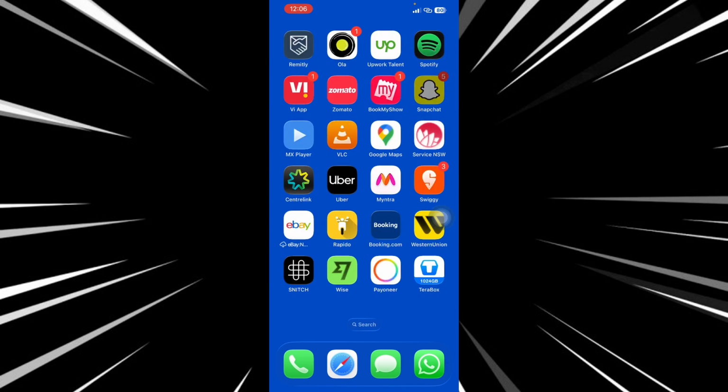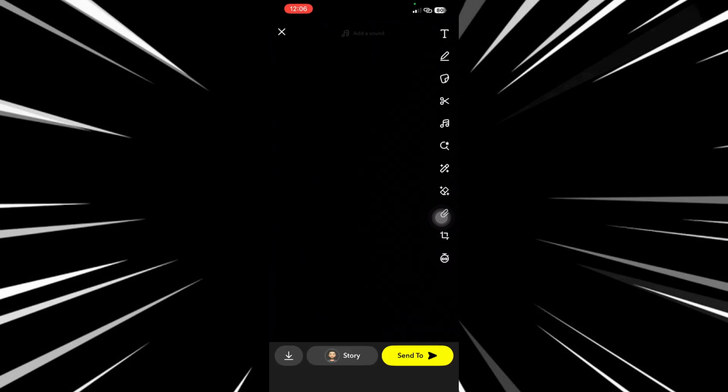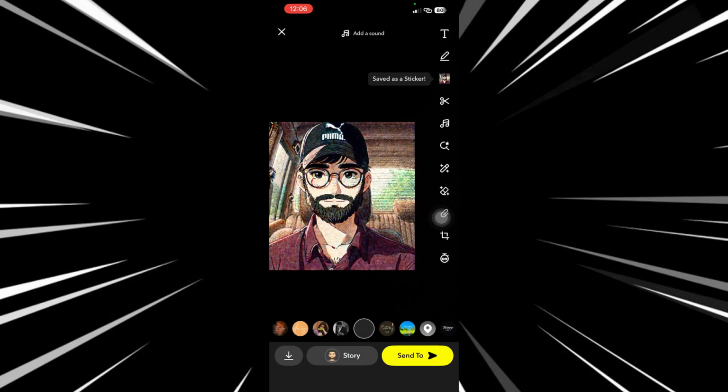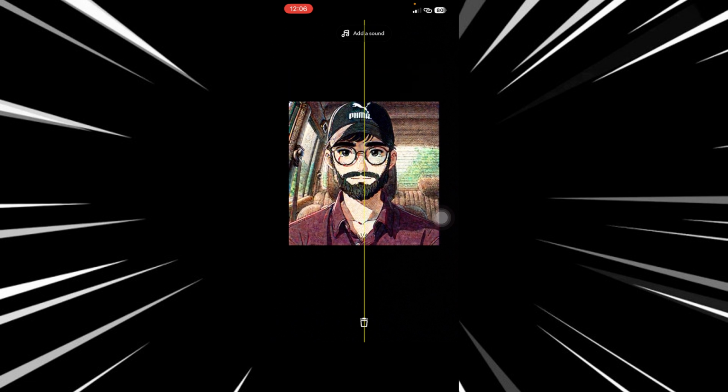So open up Snapchat and take a blank snap. Okay, just any blank background or anything like that, just take a blank snap and then click on the text option here. So click on the text option and then here just paste the image that we copied. So here just paste it and then you can just resize it, click and drag, resize it, move it, and